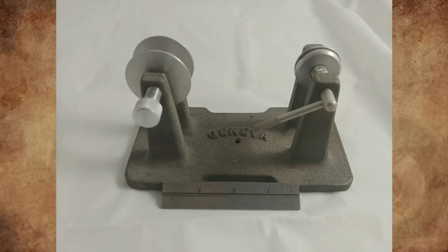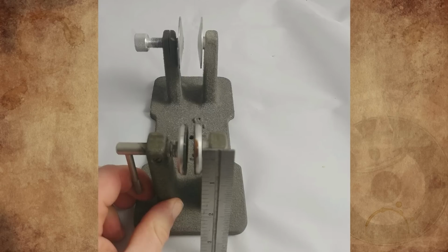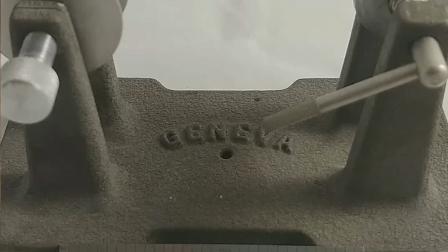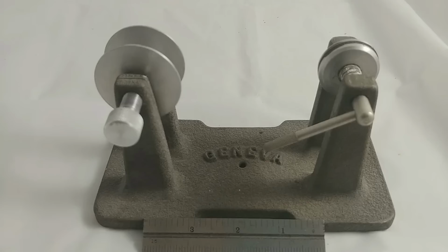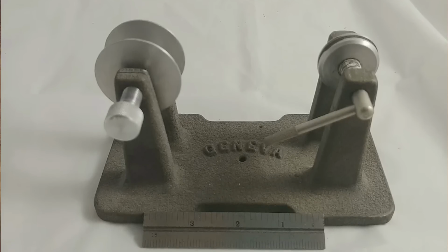What is this metal press device? It came in a lot with camera parts, among other miscellaneous photography items. It's cast aluminum with Geneva on the top, perhaps something related to watches. About 4 by 6 by 4 inches, it's light for its size, and it doesn't have any rust, which makes